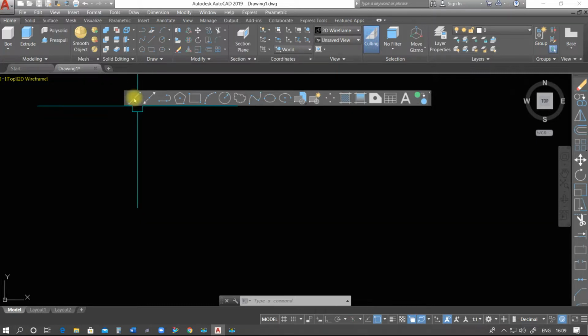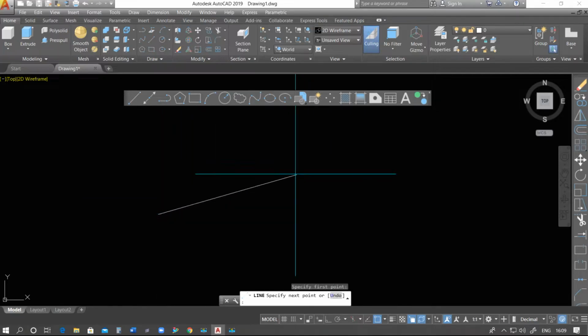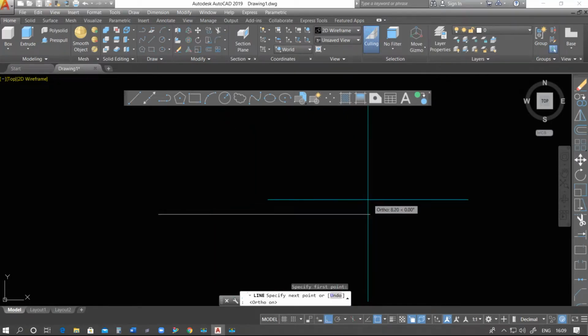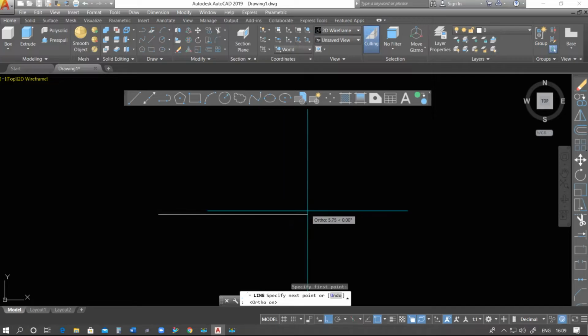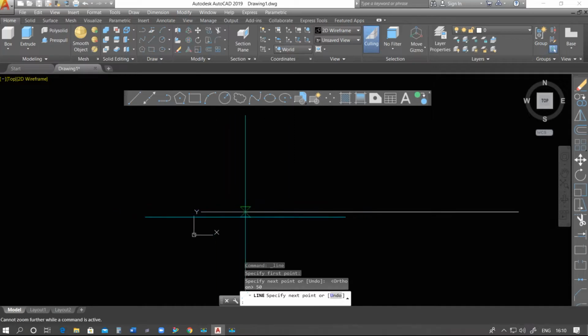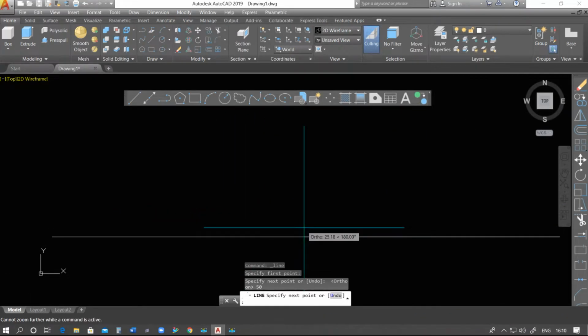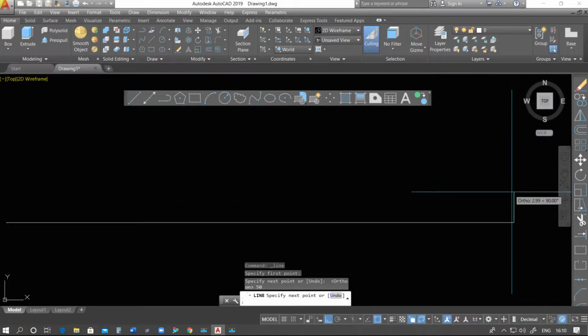So here we have the option for the line command. We click here, and suppose I want to start from this point, so we just click here, and now we see that ortho is off. So let's check this command, ortho. Yes, now we see that we are able to draw a straight line. Suppose I am taking a line, the length of the line should be 50. So press 50, press enter. As we press 50 and enter, this line has broken at this specific position.